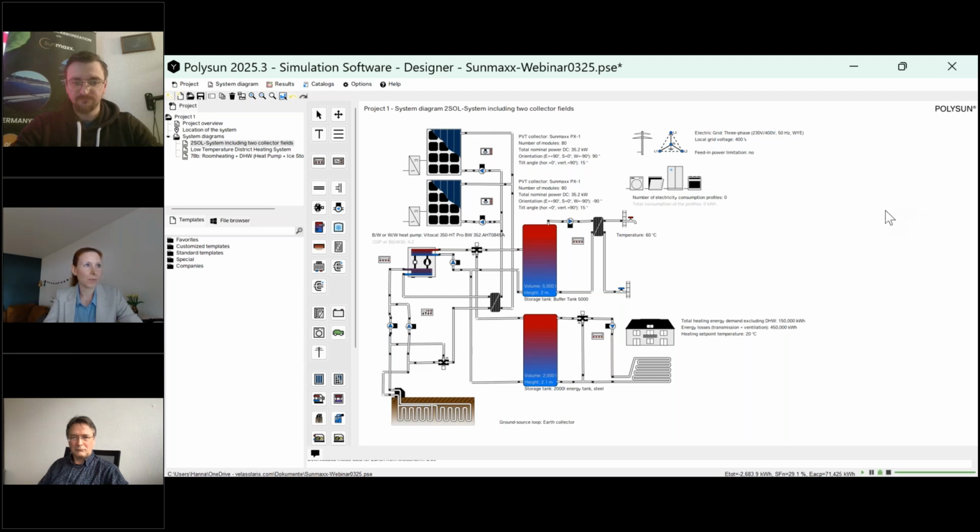And I think it's great work that they do, which you can see in this system template here, because it combines the benefits of all technologies that are available in the system. For this example, I'm designing a system for a multi-family household that needs, of course, space heating and domestic hot water at a temperature level of 60 degrees Celsius.